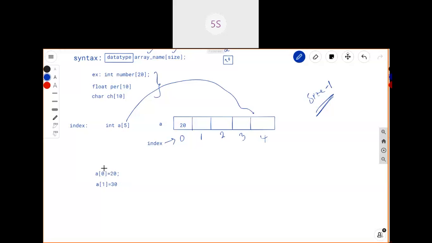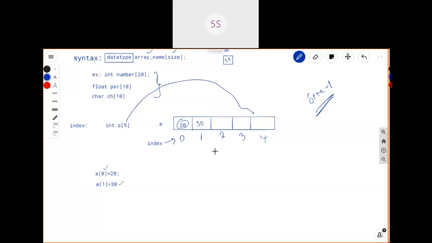A of 0, 20 is stored here. A of 1 means it is going to store here itself, the 30. You said after index position 1, right? But within index position 1 only it is going to store. I meant that. Anyhow.